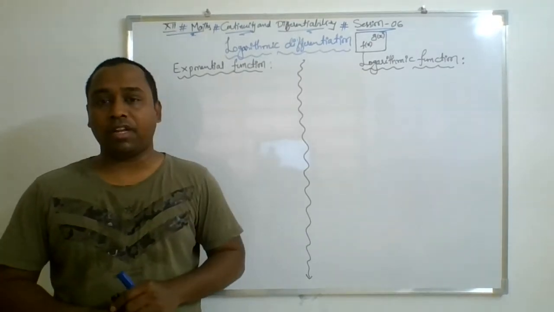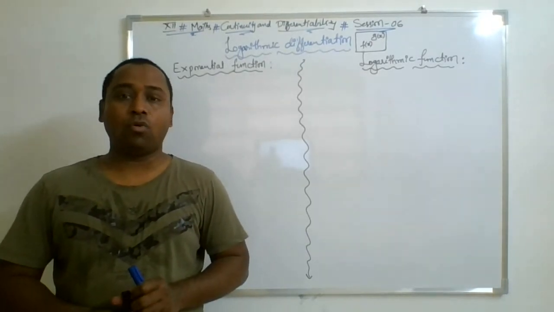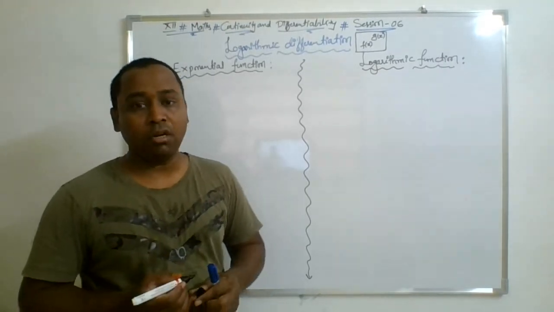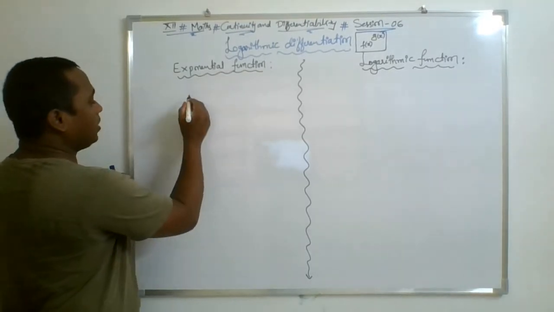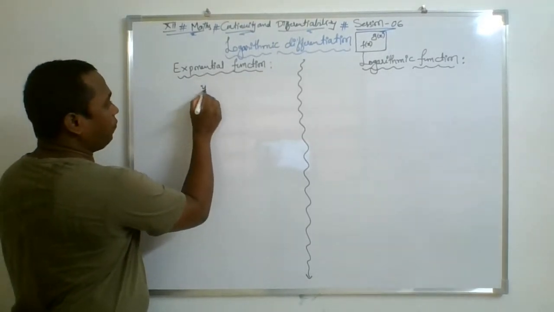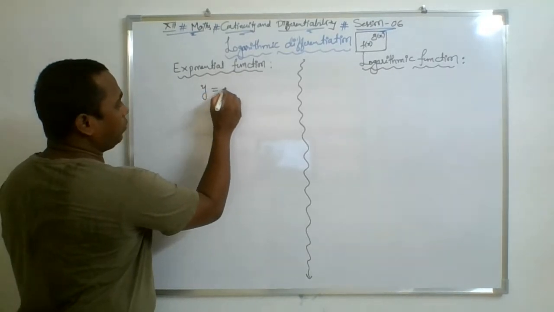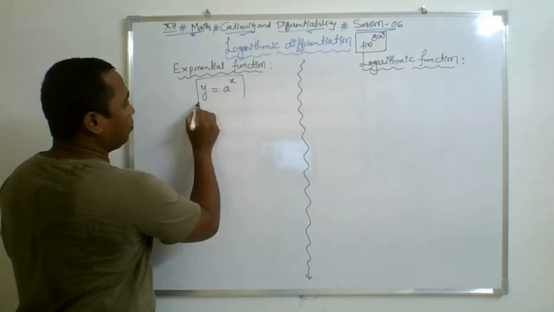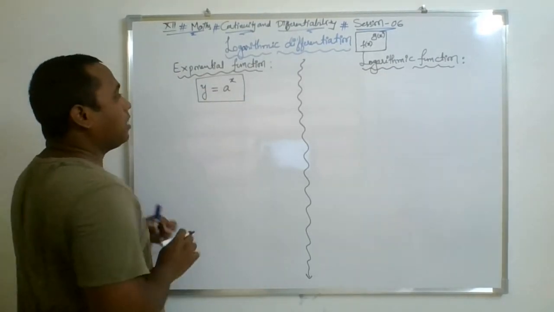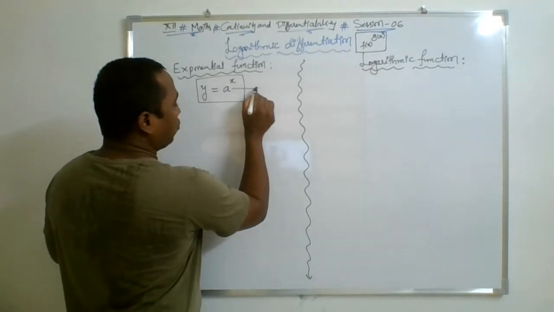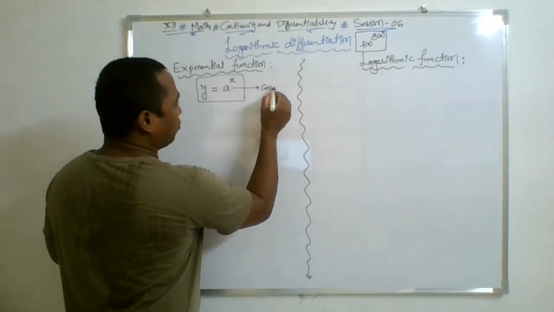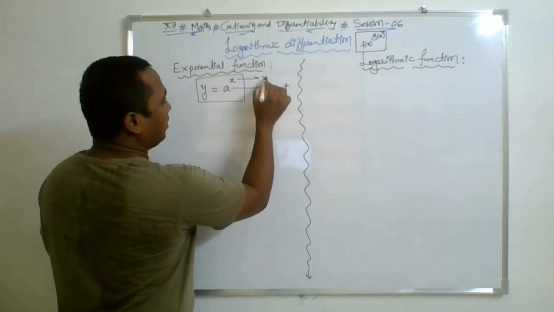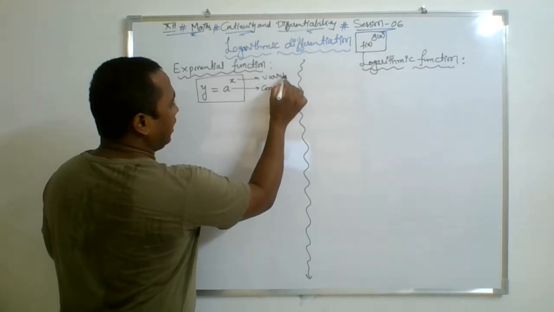These functions are very familiar to everyone, and you have been using them for so long. Let's discuss what an exponential function is. First, if you look at the function form, it is y is equal to a to the power of x, where a is called the base as well as a constant, and x is the variable, right?